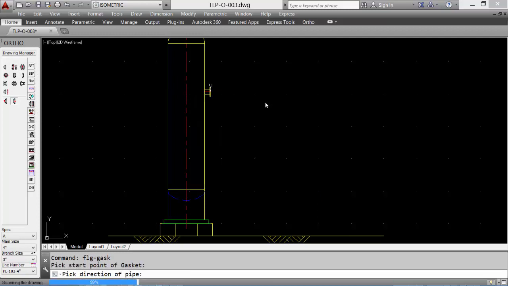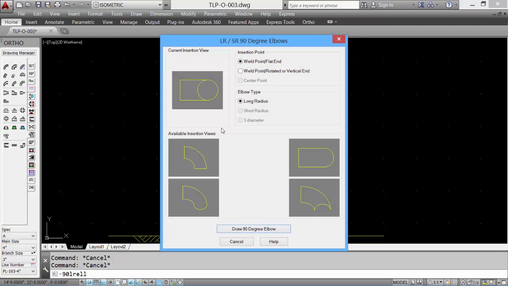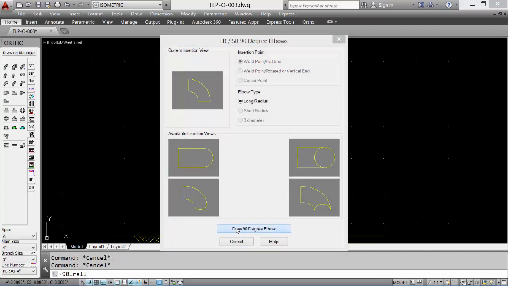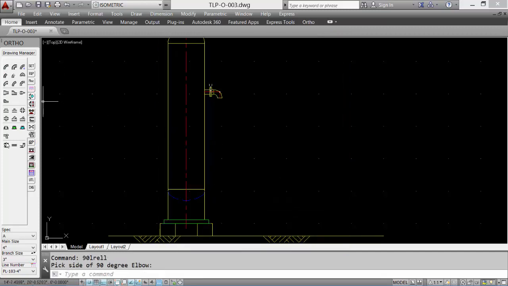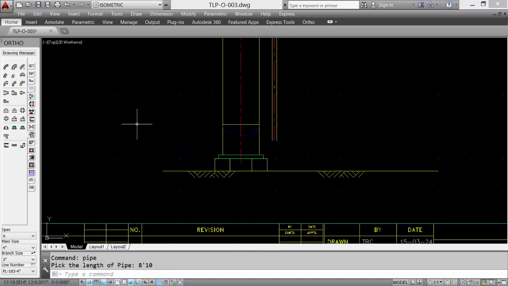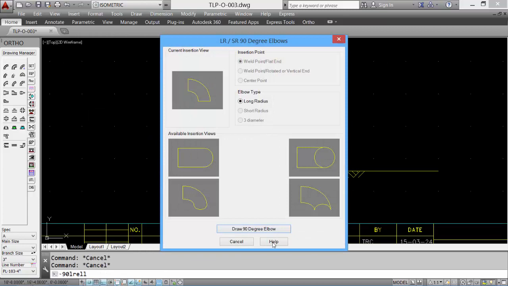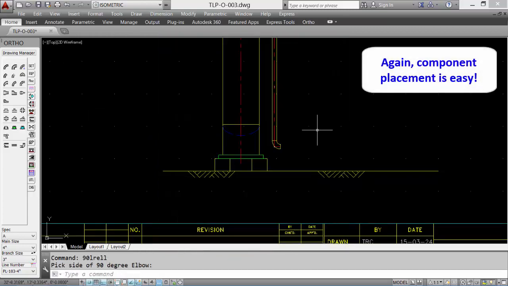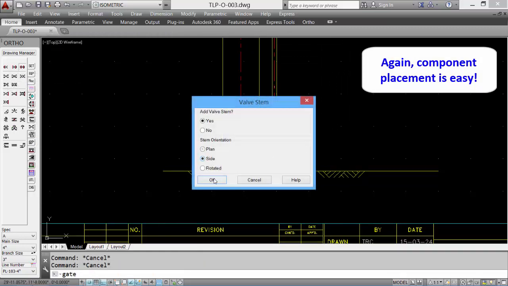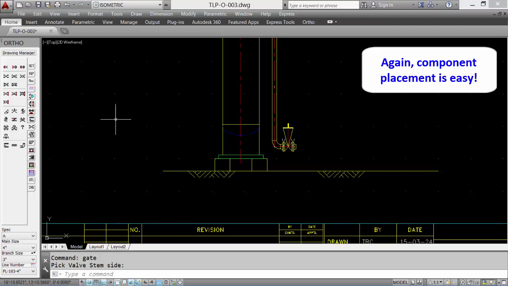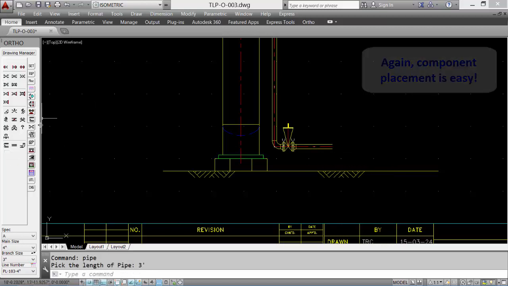Pick the weld neck flange, pick our elbow. This time add a piece of pipe, being it's the elevation, another elbow. Let's put in that flange set with our gate valve. This time we'll rotate to the side, add our length of pipe, another elbow,